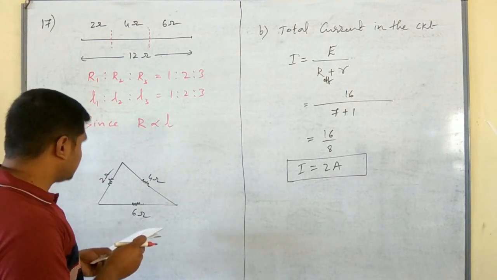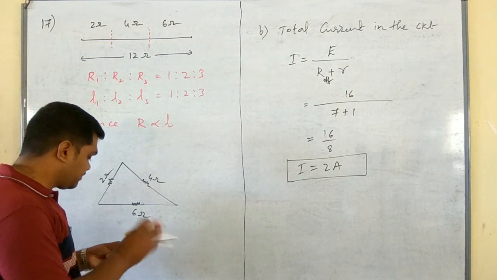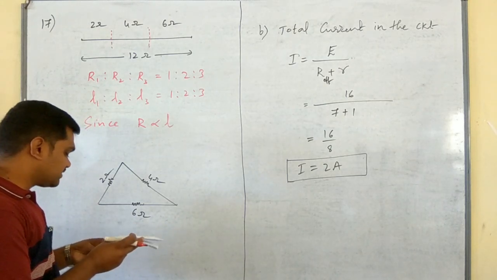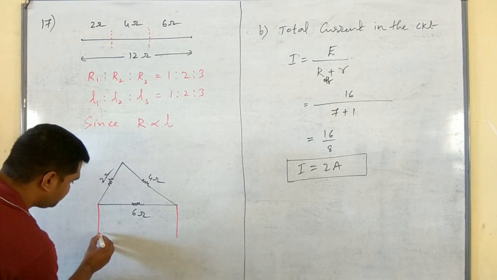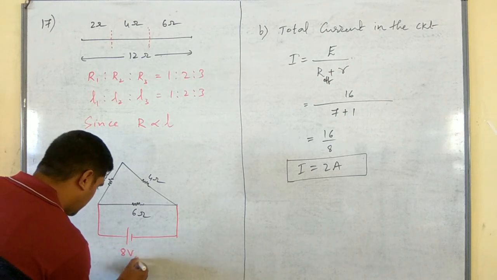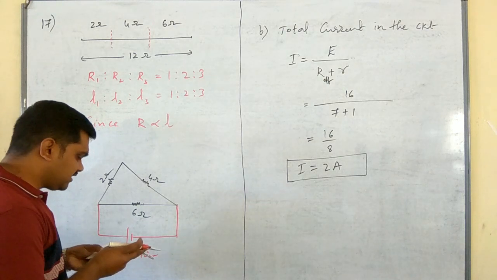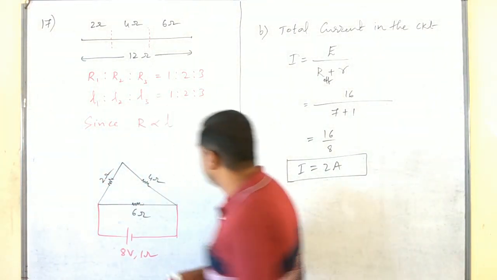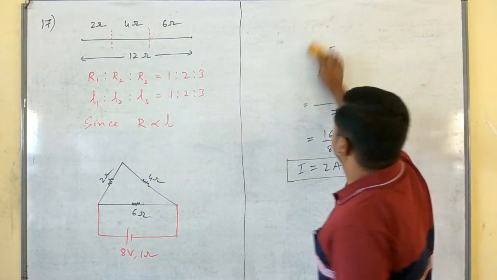A uniform wire of resistance 12 ohm is cut into 3 parts in the ratio 1:2:3 and are connected to form a triangle. Okay, a cell of EMF 8 volt and internal resistance 1 ohm is connected across the highest of the 3 resistors. The highest of the 3 resistors is this one. Here a cell has to be connected whose EMF is 8 volt, whose internal resistance is 1 ohm. Okay, calculate the current through each part of the circuit. Each part of the circuit, the current going through it. Very simple.